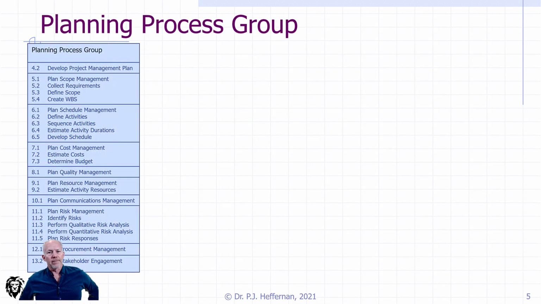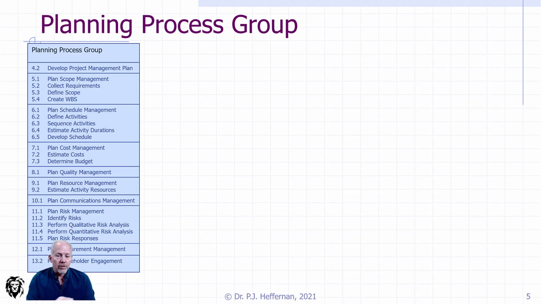So this is the meat of it. Let's get into planning. So this is out of the PMBOK. This is that column out of that table that we saw early on in the introduction to project management. This is the process group that they refer to as planning. And it's the bulk of what you're going to spend your time doing, certainly in the next little while.